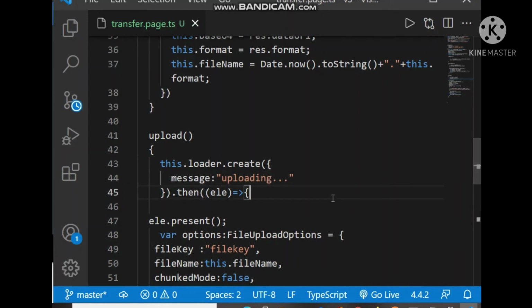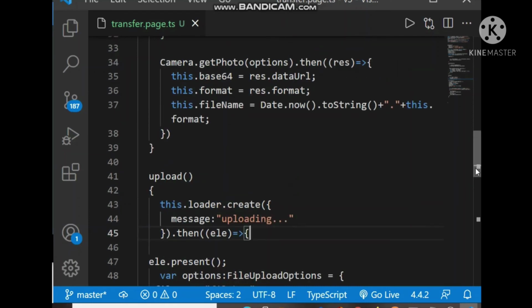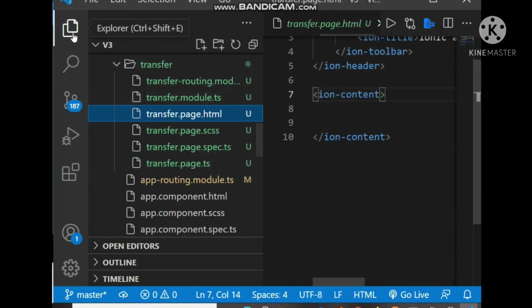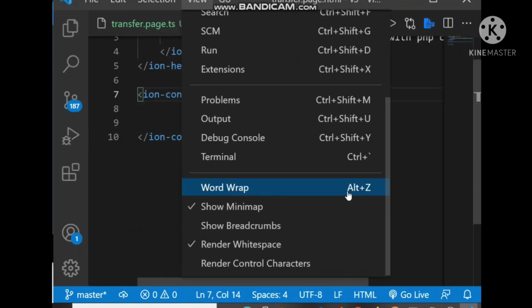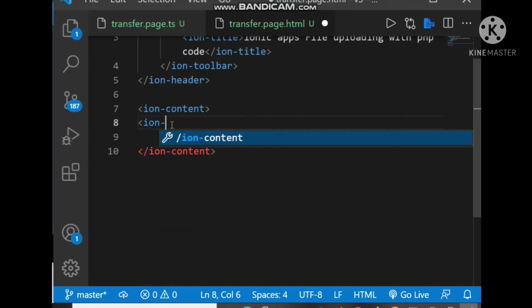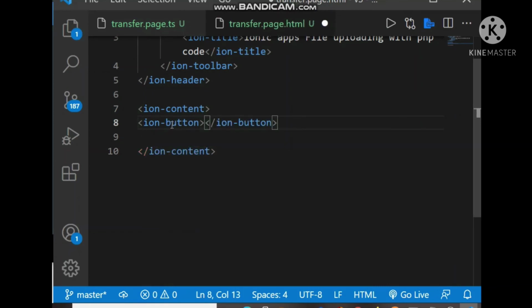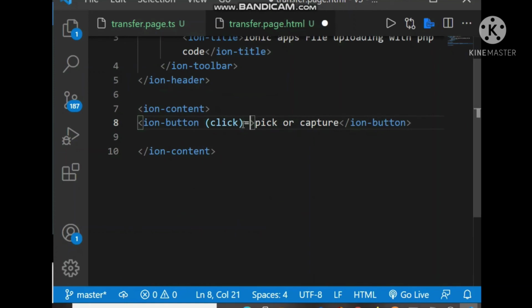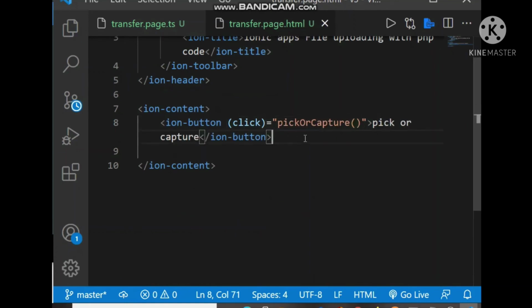So next we go to the HTML, where we put some buttons and use these methods. So let's come to the HTML part. We have to put a button to pick or capture the image. Pick or capture, on click we will call this method pickOrCapture. So the button is created.